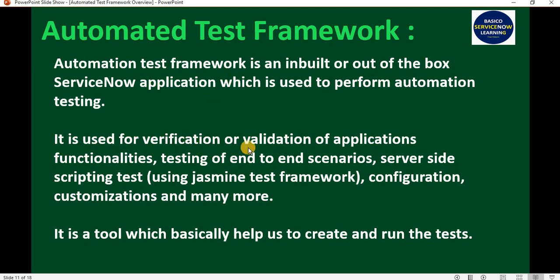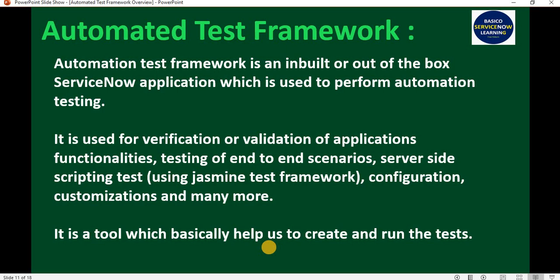It is used for verification or validation of application functionalities, testing of end-to-end scenarios, server-side scripting tests, configuration customizations, and many more things. It is a tool which helps us create and run tests. I believe it is now very clear what the automated test framework is and why it is used in ServiceNow.